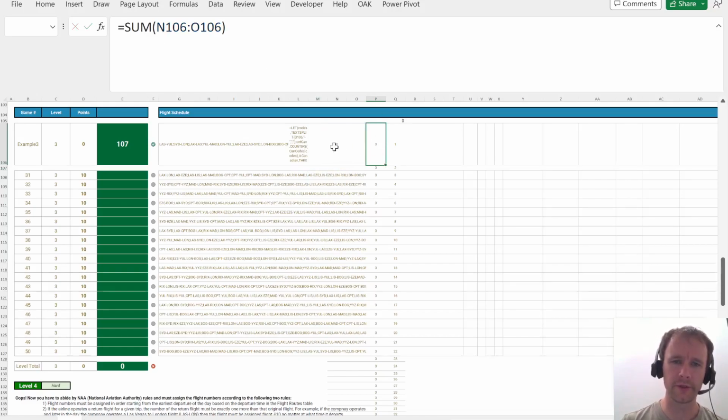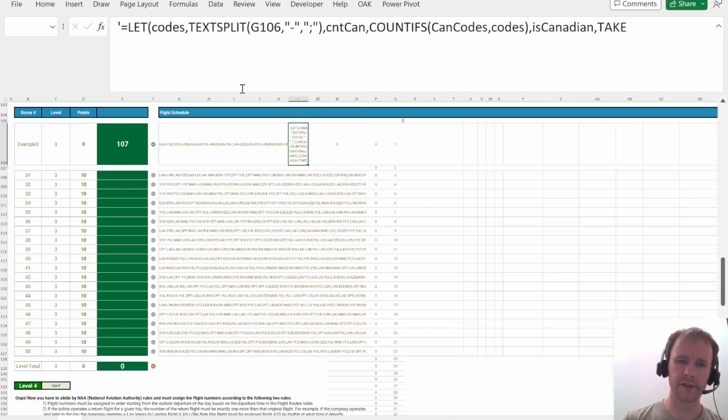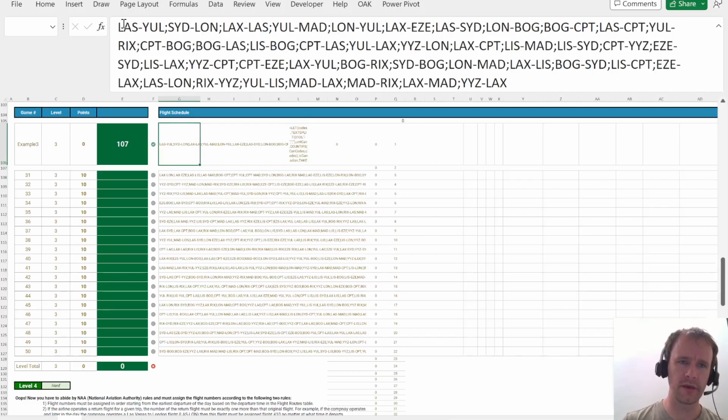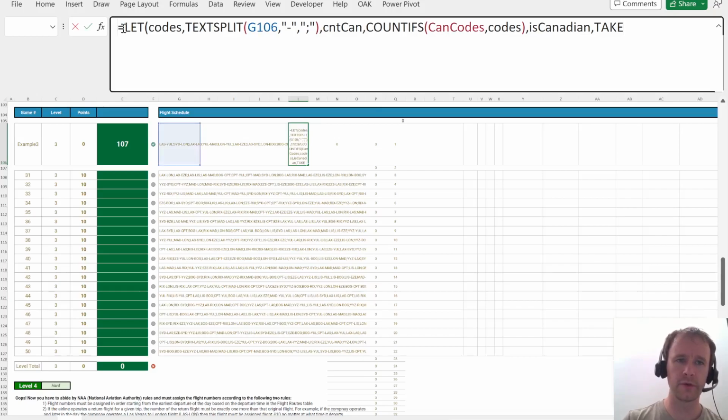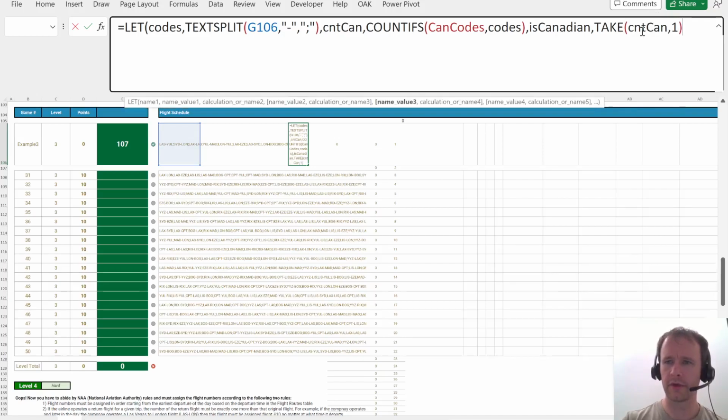You'd either have to do a by row, so that you apply the sum function to each row only, or in this case where, by definition, an airport route only has an origin and a destination. So here I'm just going to take advantage of the fact that it can only ever have 2. So I'm just going to add the first column and the second column. So I'm going to take cnt can 1 plus take cnt can